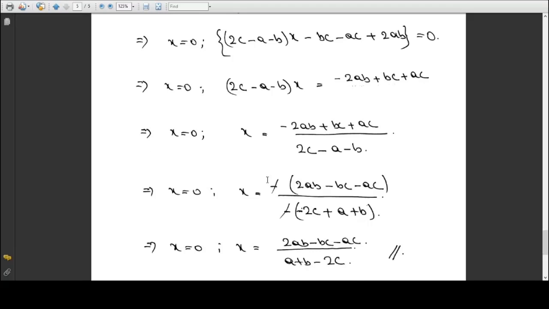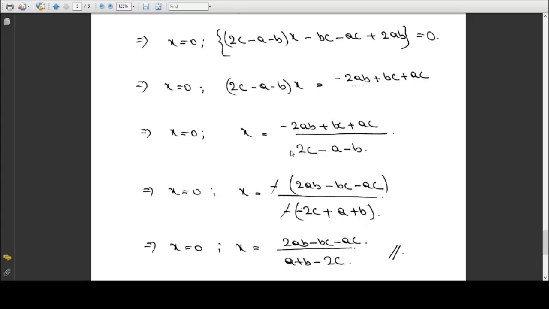Okay, now since a minus sign is there, to get rid of this minus, you take common with minus sign. Minus plus is minus, minus minus is plus with 2ab, then minus plus minus, that means you have minus bc, and minus with plus is minus, that means minus ac. Close, put this thing within bracket.